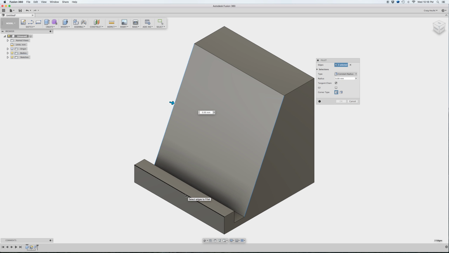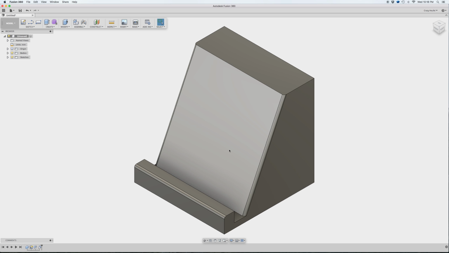Alright, I'm going to stop now. Get to this stage, or get to a stage that is similar to this, and then we're going to drill a hole and so forth. So, yeah, I'll be back in